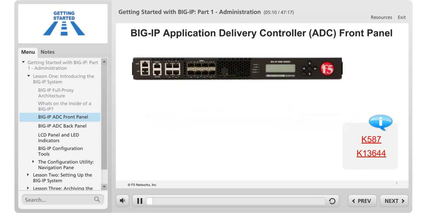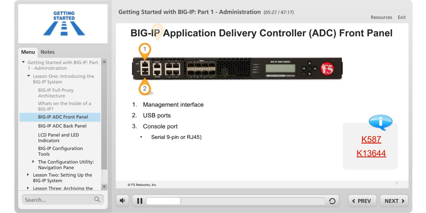Although the physical layout of BIG-IP devices varies from platform to platform, they all typically share some common features, including a management interface that provides administrative access to the BIG-IP system, USB ports for activities such as importing a hotfix or other file, a console port that provides administrative access to the BIG-IP system without the need for network configuration, a failover port for high availability or HA connectivity between two BIG-IP systems, indicator LEDs that